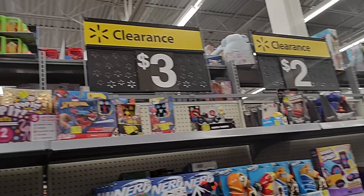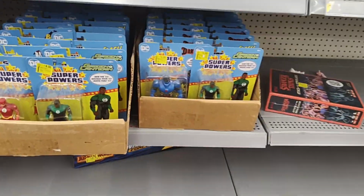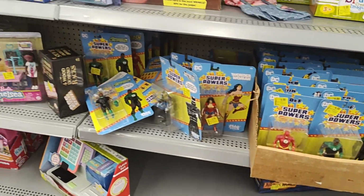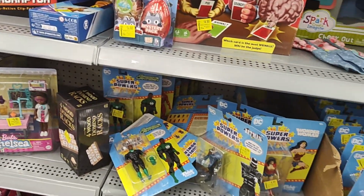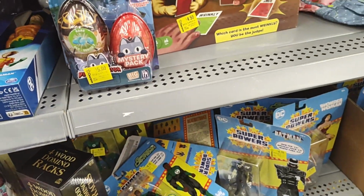But I'm at another Walmart. They're open for another hour or two. And I need to get out and stretch my legs. So let's go see what I got here. Looks like they got their clearance toys on an actual clearance aisle. We'll start down here. These superpowers down to $4. I don't have any of those, but for $4, maybe it's time to start collecting them. Not that I'm going to, but you know,